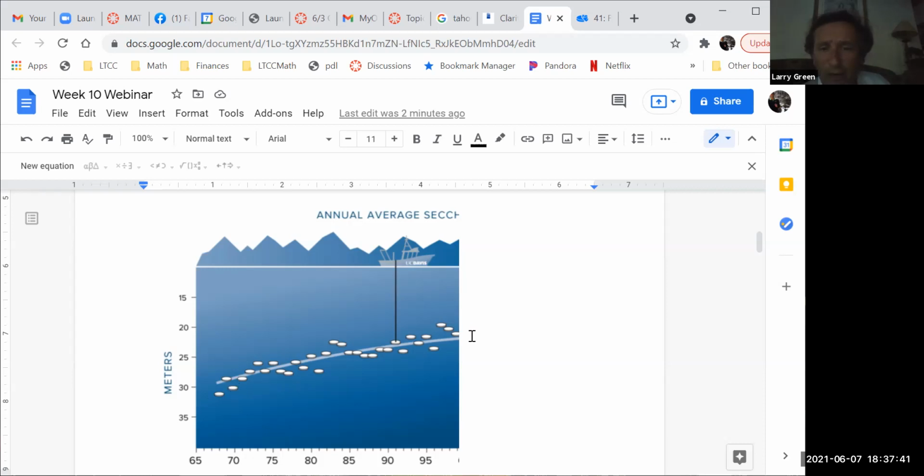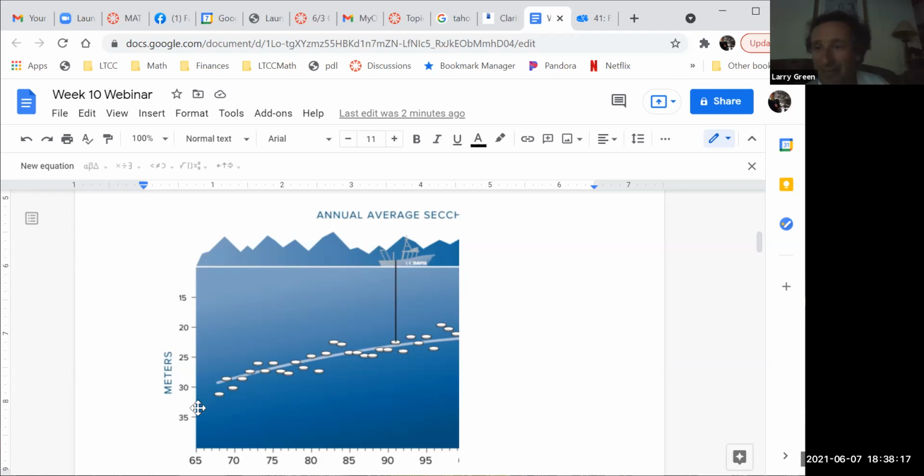So this is a scatter plot of the depth of clarity of Lake Tahoe over time, up until Clinton was there. What do you notice? Is this like the last scatter plot we saw, when we looked at age versus number of classes you have left in your degree? No. How is this different? It's closer to the line. Yeah, this is definitely closer to the line. You can definitely see a trend. There is no question about a trend.